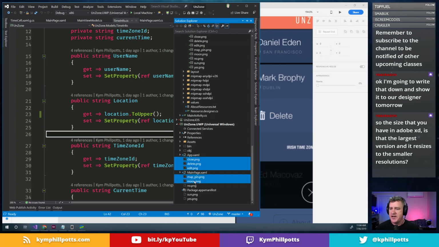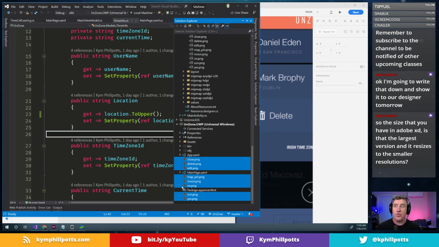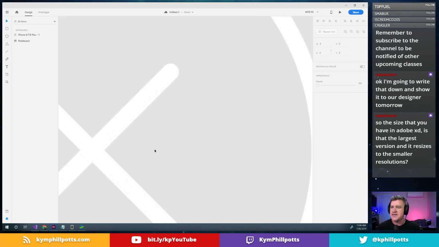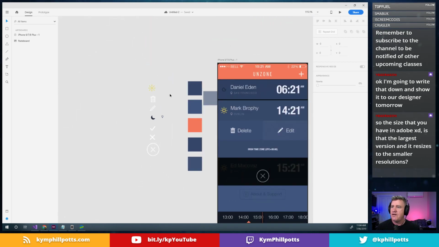What you can do in Adobe XD is you can work out what you're designing at. Now, I think best practice with designers is pretty much you want to design at 1 times, but Adobe XD is a vector application, right? Like if I zoom in on this, it's always going to be crisp, no matter how close I am. But I designed this at 1 time, and when I export,